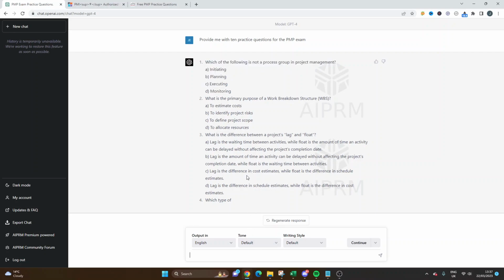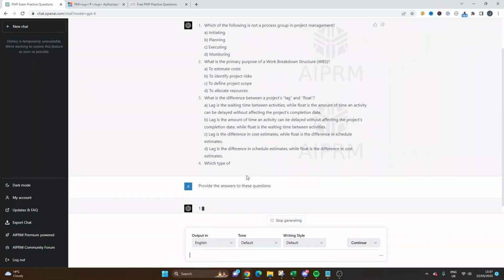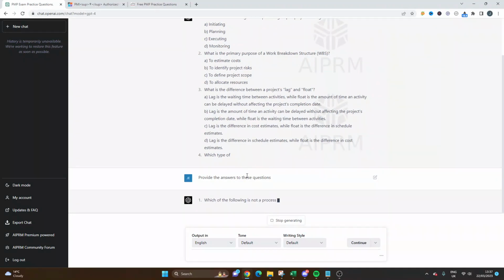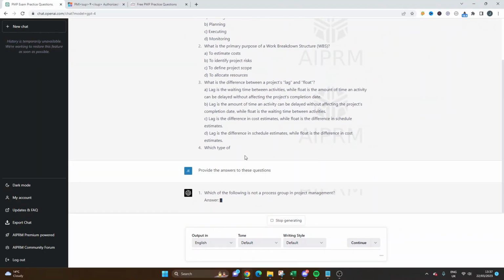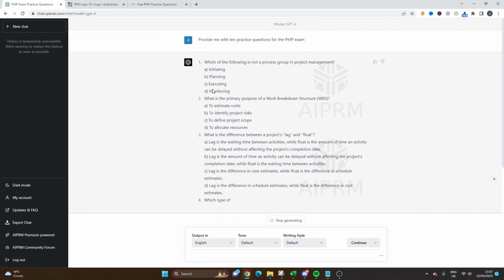The next step I'd suggest is going with the next prompt. Provide the answers to these questions. And that is really going to give you, as the prompt suggests, exactly which one's correct. And then you can obviously see where you're going wrong, see how many you're getting right. And by the end of all your preparation, you'll have an understanding of how close you are to